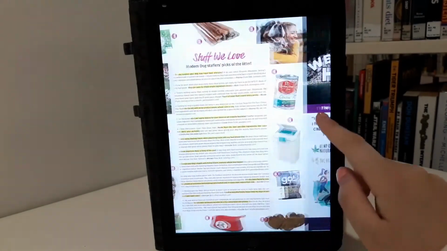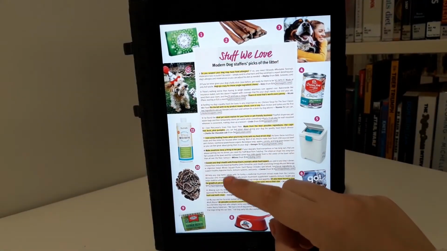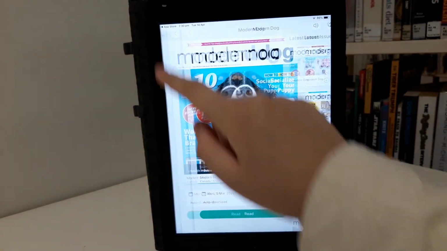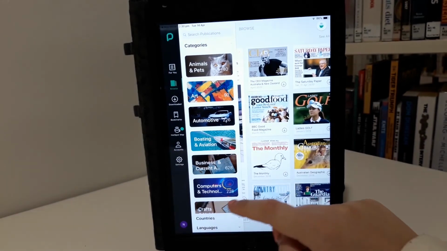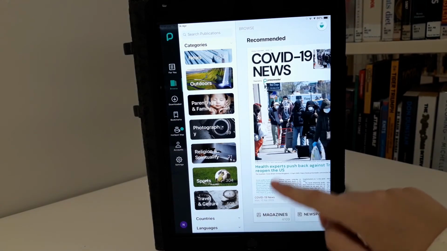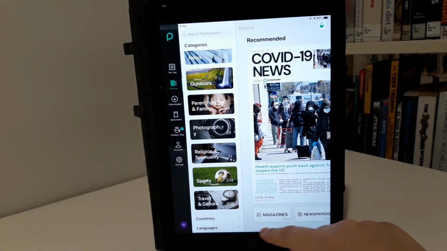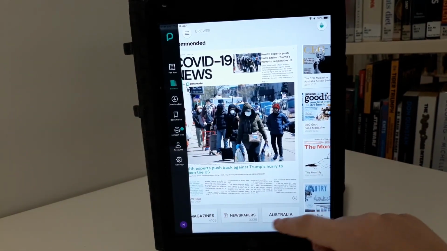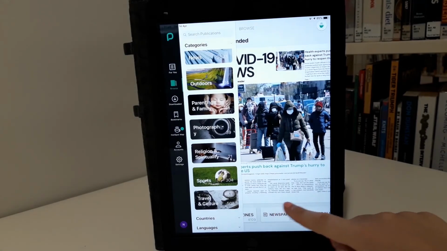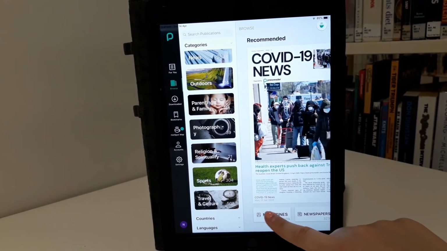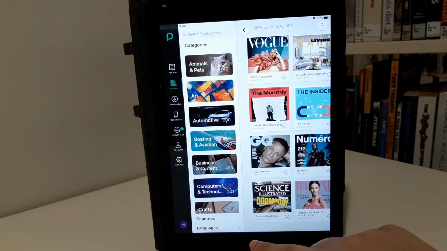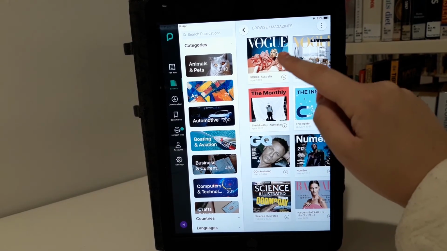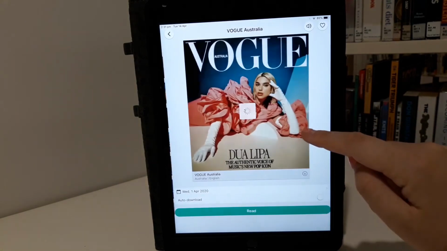If I want to get out of the big screen, I just need to tap and it takes me to these other options. So I can hit back and back again, and I might go browse again. So at the bottom here you can see there's a magazines button and a newspaper button and Australia. So that's where I can determine what do I want to read. If I just want magazines, then I'll just hit magazines there, and I've got a whole lot of options I can pick. So maybe I'm interested in reading Vogue,